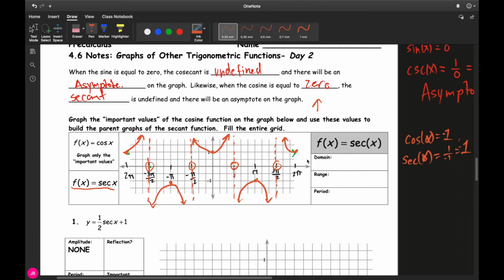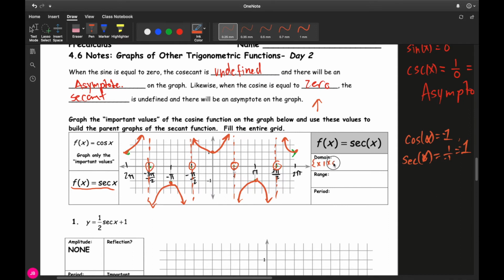Now, when we're talking about its domain, the domain is going to be from -infinity to infinity, with the exception of these asymptotes right here. And how often do they occur? We can see that they occur at pi over 2, 3 pi over 2, negative pi over 2, negative 3 pi over 2. In other words, you can say that the domain is a set of x's such that